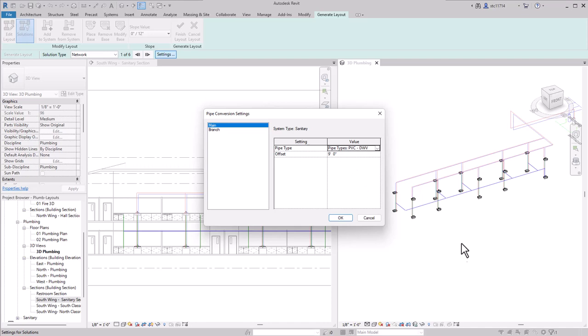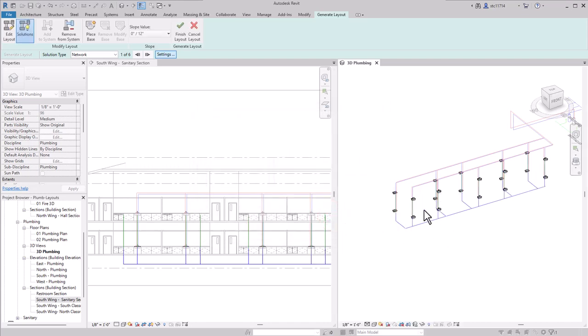And I want them to go down below to drain down, so my offset is going to be -4 feet. Then for my branch, I'm going to use the same values. PVC pipe, -4 feet. Since I am using drainage, I want to add a slope to these pipes. So for my slope value here in the ribbon, I'll set this to 1/8 of an inch over 12 inches. Then I need to place a base to indicate where these are going to drain to. So I'll choose the place base